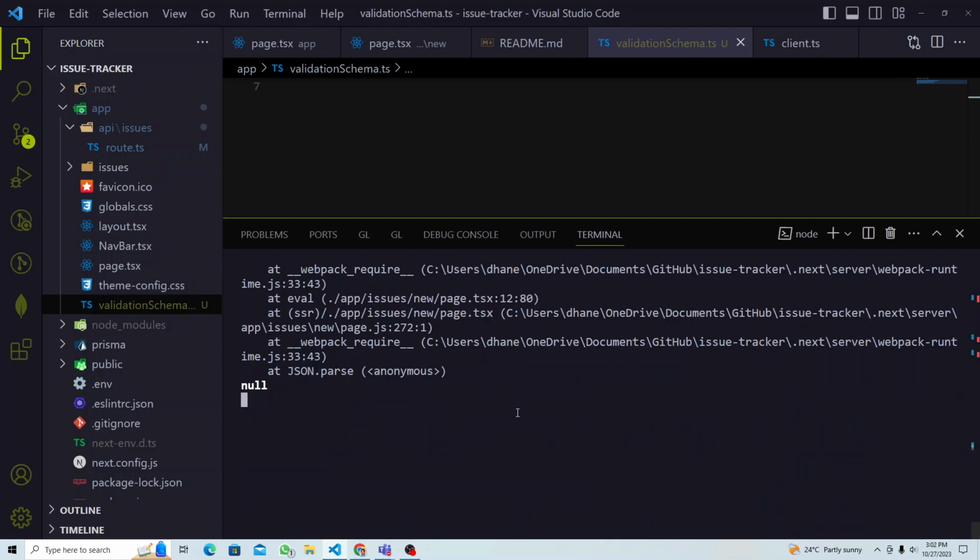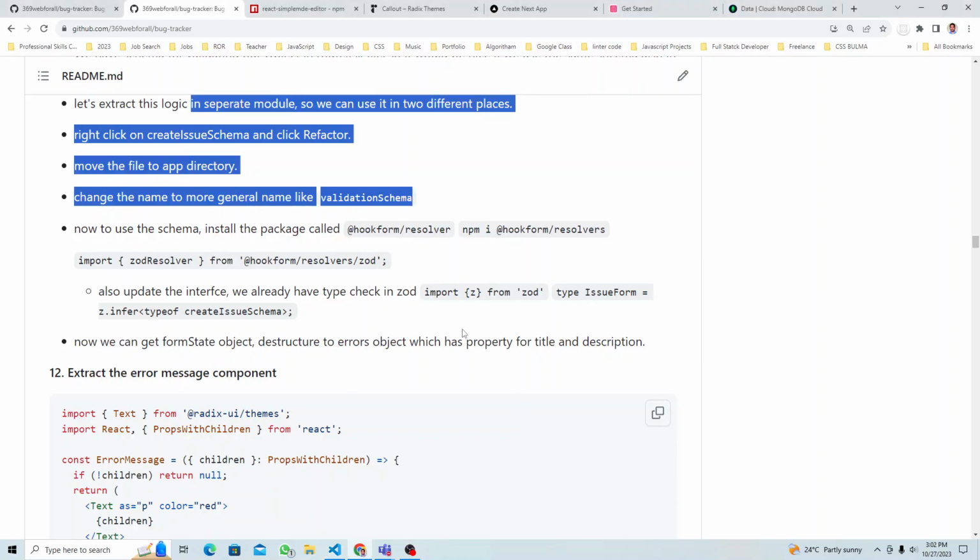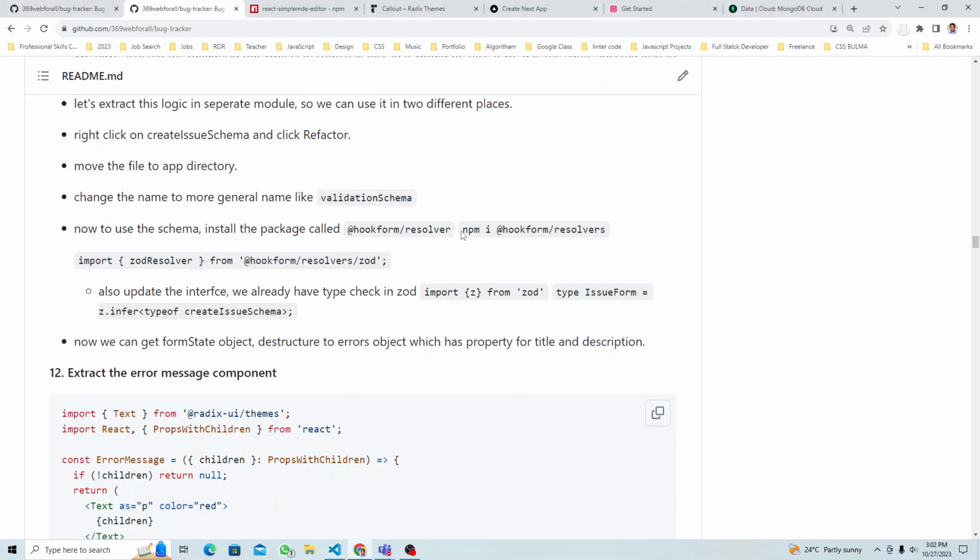We just have to install a few things now. So let's do that. What we're going to do is install this package, React hook form resolver, so we can use the same Zod schema file. Okay, let me see. What is this library doing? What this library will do basically is allow React hook form